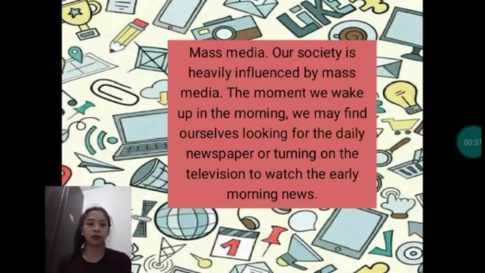And it can help us to explore new things. And the disadvantages of mass media is it can spread false information to others. And also, it can distract from studying and working and spending time with our family. So when we use mass media, it's so important to be safe and be smart and not share your personal information with others.